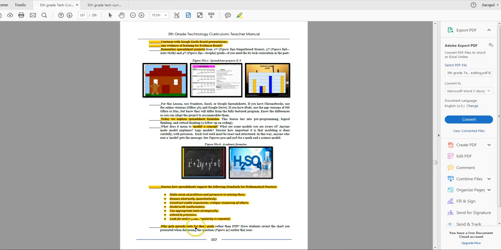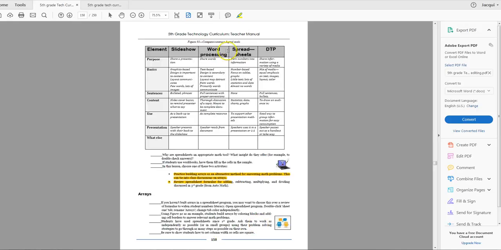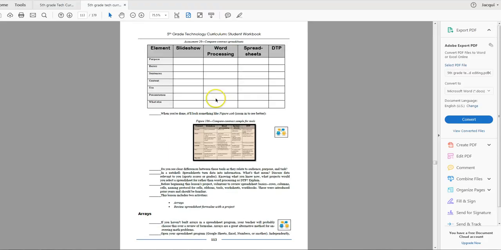So why pick a spreadsheet for whatever your goal is? So here's a table. Now ask the students, their table is empty, although I put a little tiny one down here, so they can't read it. They'll have to zoom in to see it. But what you're hoping is they don't really look at it, because you want them to think about it and fill this in. Here's their spreadsheets. How does this spreadsheet accomplish these goals?